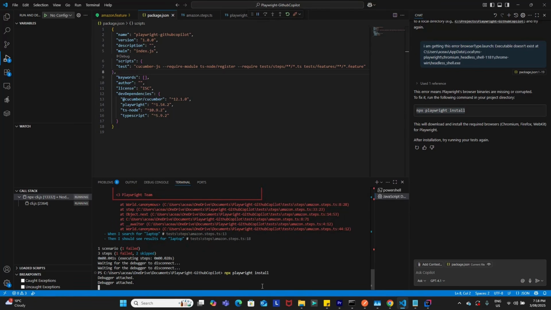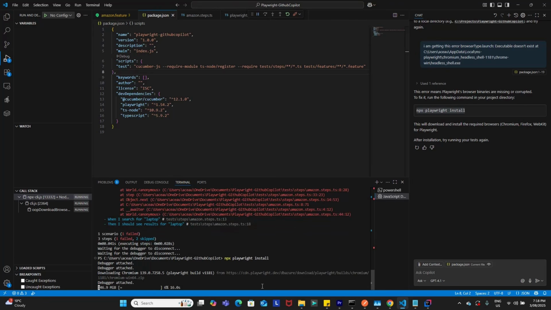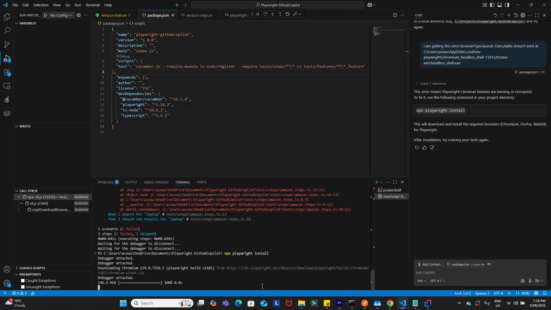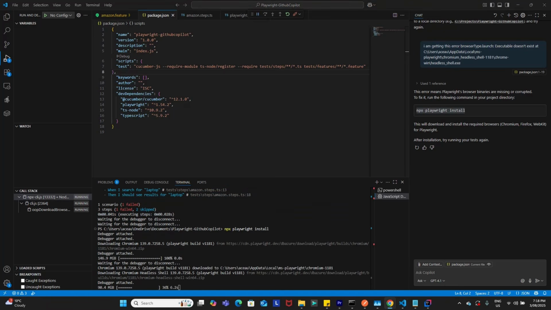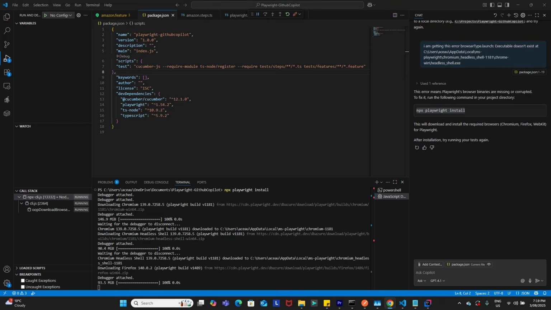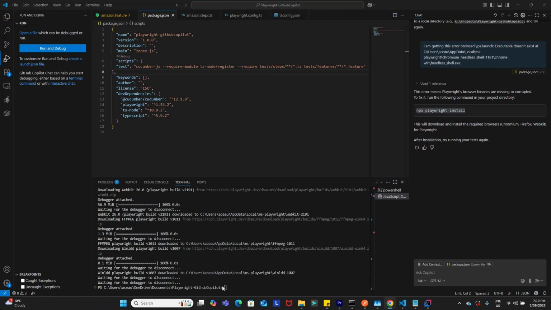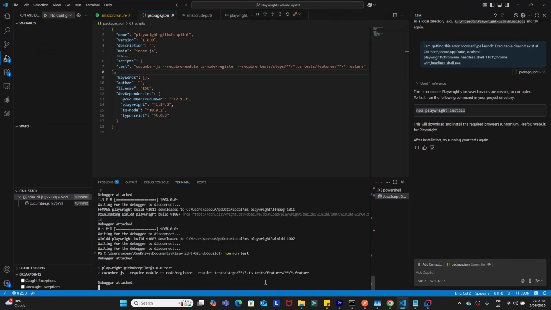and I'll wait for the installation to get completed. You can see what's happening is Playwright is getting installed again because the previous Playwright browser binaries are missing or corrupted. That's the reason it couldn't run. So we'll wait for this installation to get completed. All right, our installation has now completed,